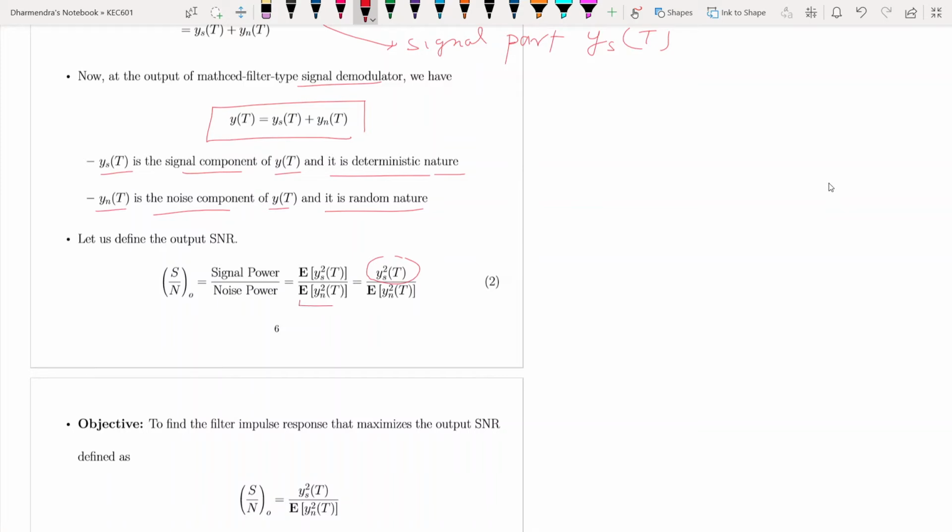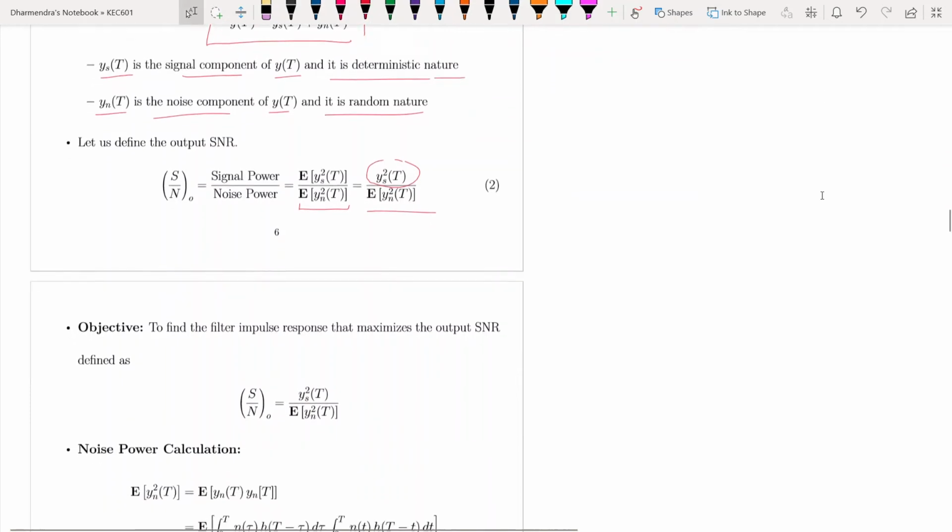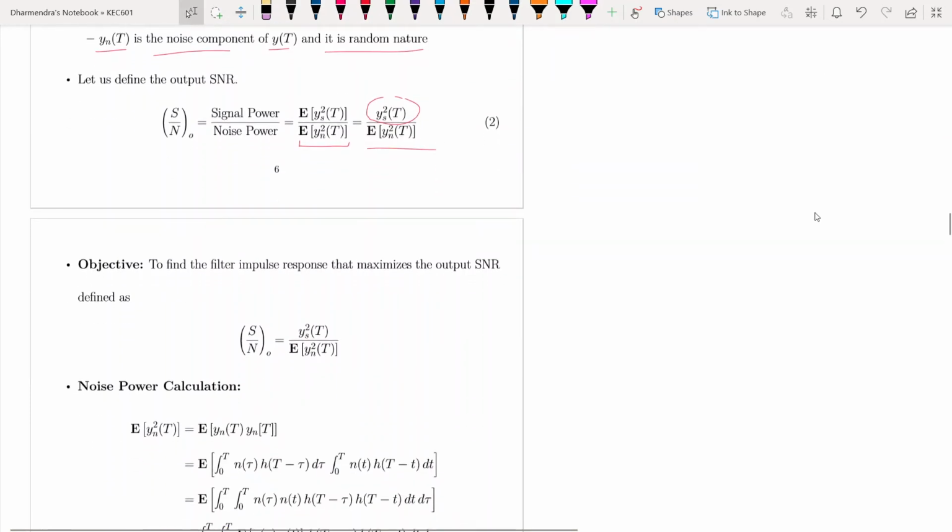Now the expectation of the noise has mean zero, and this is the noise power: the expectation of the square of y1 of t will be this. Now our objective is to find the filter response that maximizes the output, which is now defined